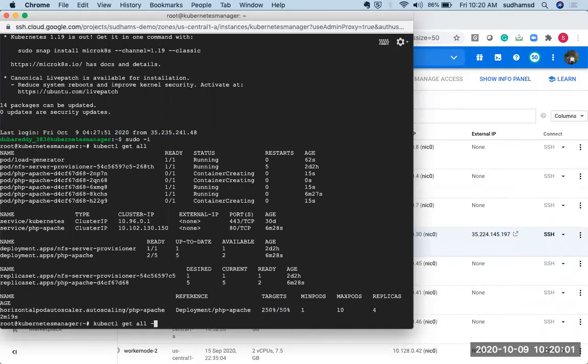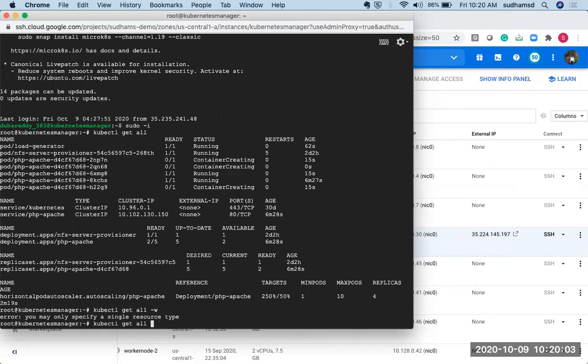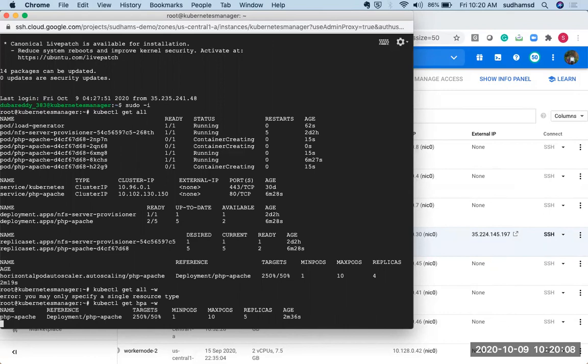Okay, -watch, I think it is not applicable. So let's say HPA -w. You can see now the replicas are increased to 3, but still the CPU utilization is 250% and the target is 50%. So it crossed 5 times more than the target. The replicas have been increased to 5, but still the percentage of the CPU has not reduced. So obviously it will try to increase. Let us wait. It will take some time to increase or decrease.